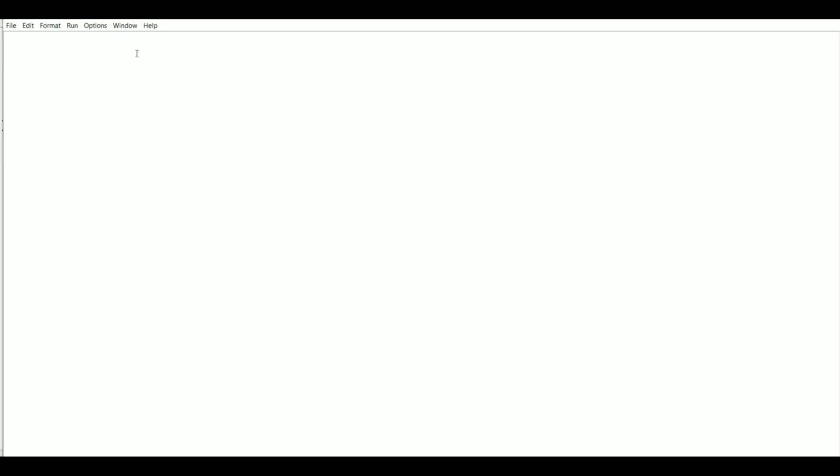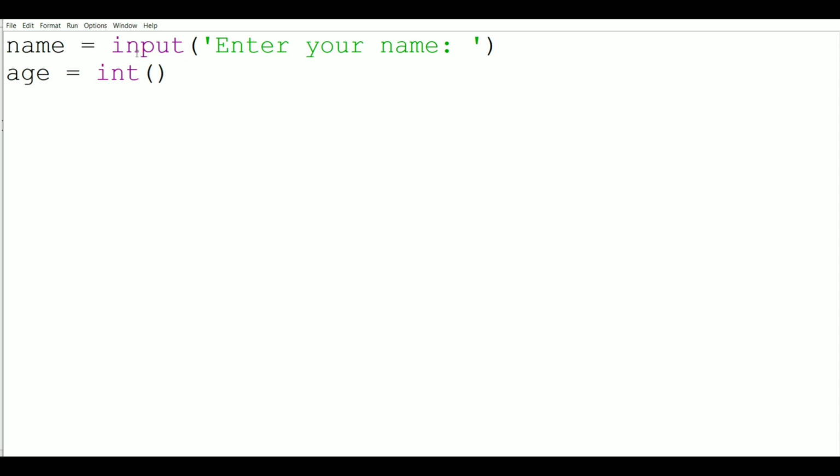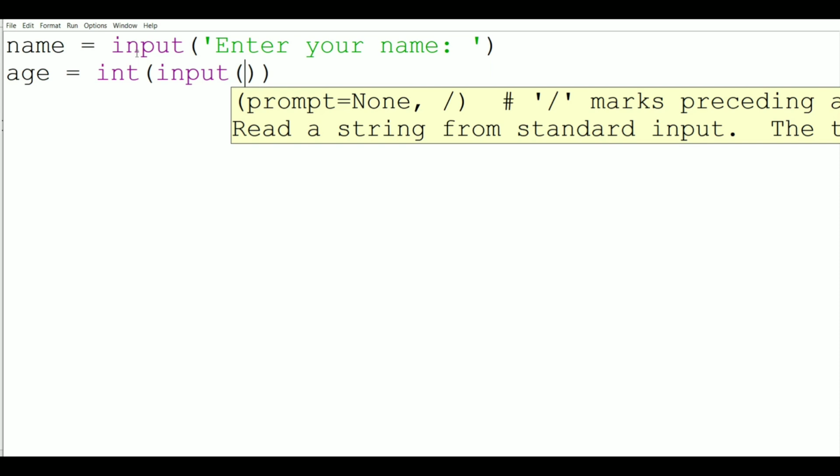Here we want three inputs from the user. First is name. Name is a string value, so we will just use input over here, and the message will display as enter your name colon space. After that we want age. Age is an int value, so we will use int, and inside this int function we will use the input function, and inside the input function we will write whatever we want to display. So enter your age,